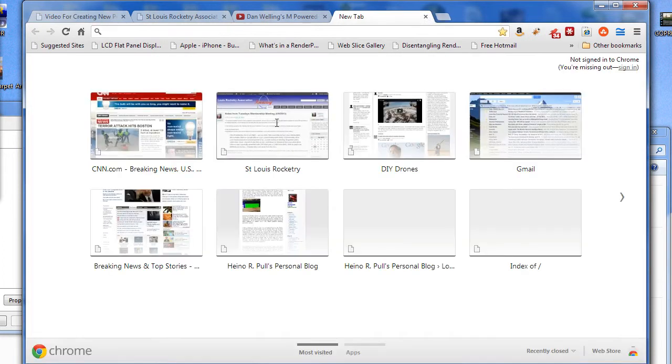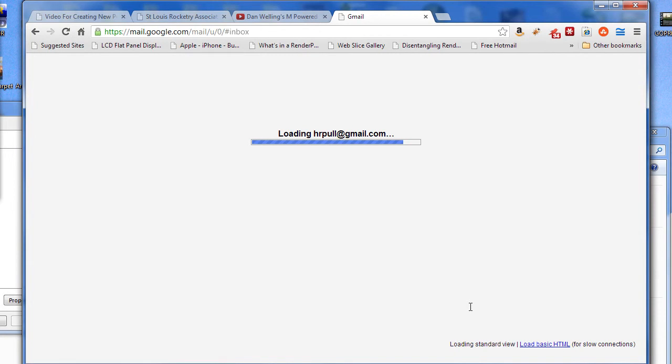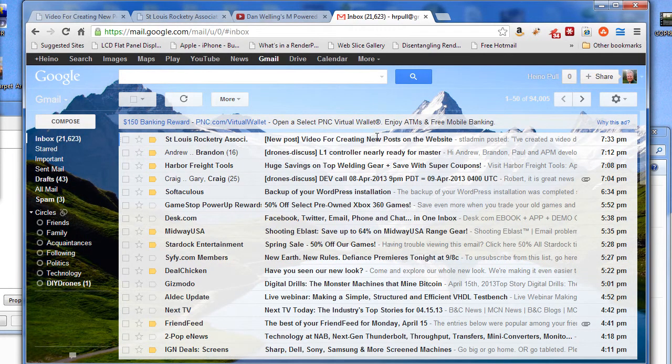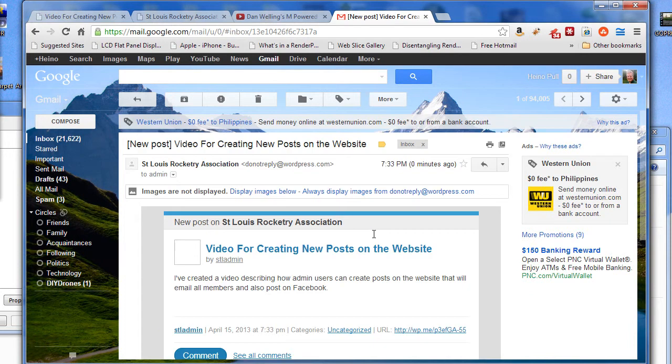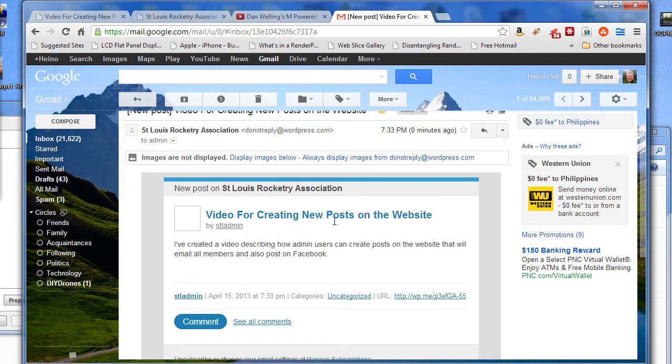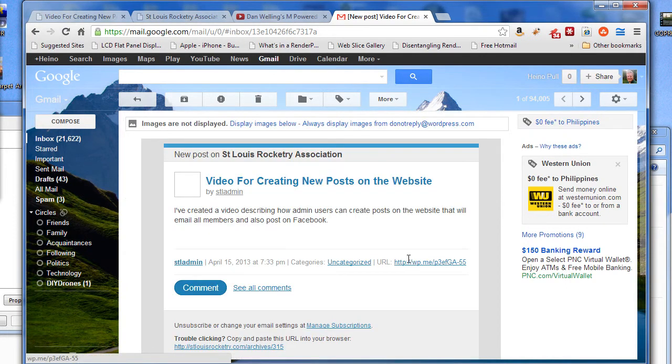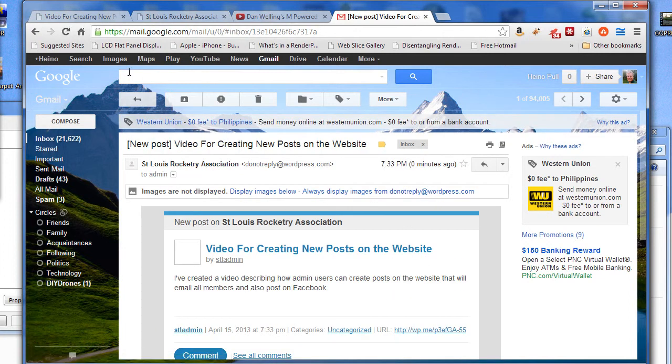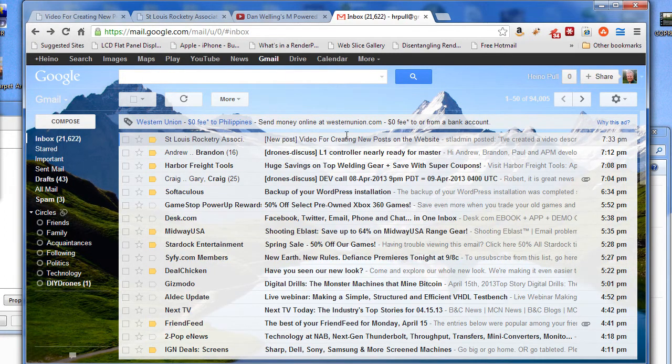And we can see that if I go to my email, here, my Gmail. Now it shows post here, but this is not the normal mechanism. This email got sent because I have another feature that allows people to get posts off of the website when anything changes. But the actual email, the traditional email that we send out to all members, did not get sent out. In a future video, I'll show you what this is all about. But anyway, so